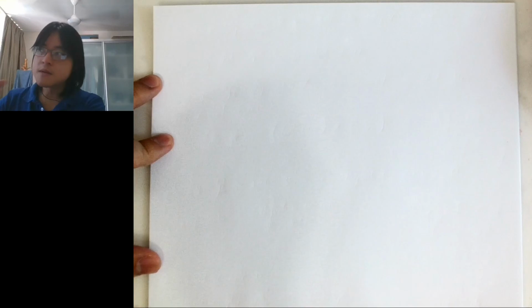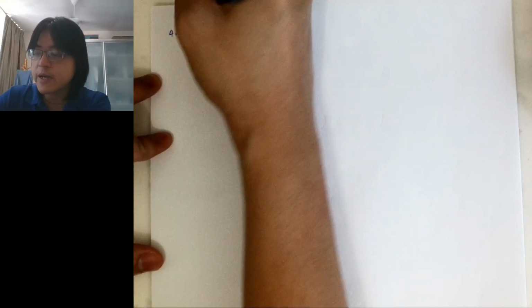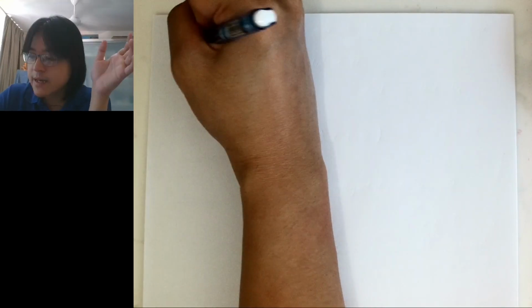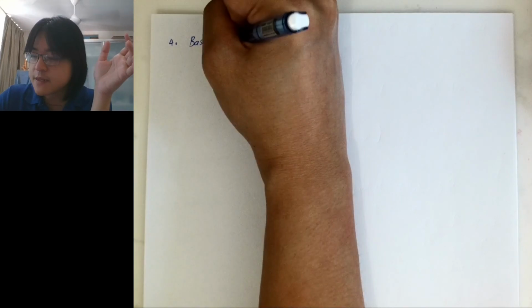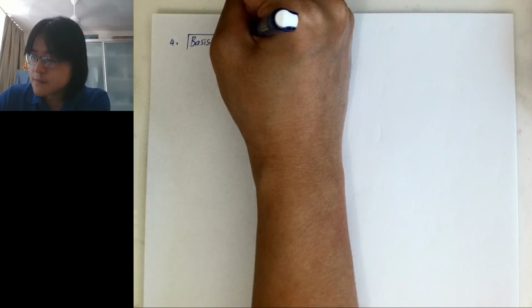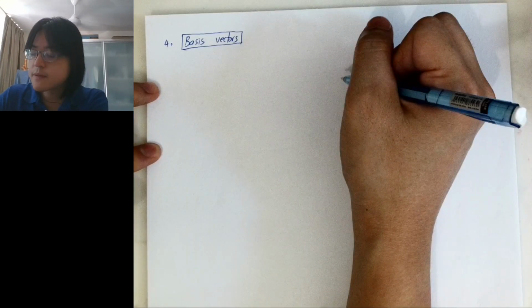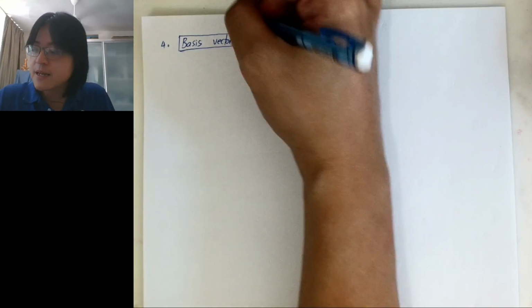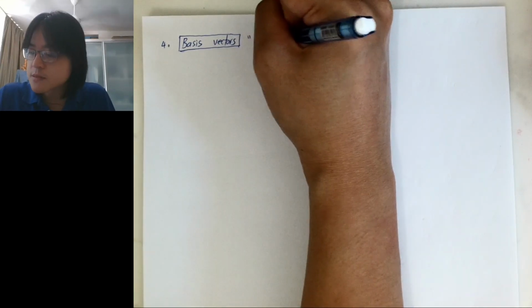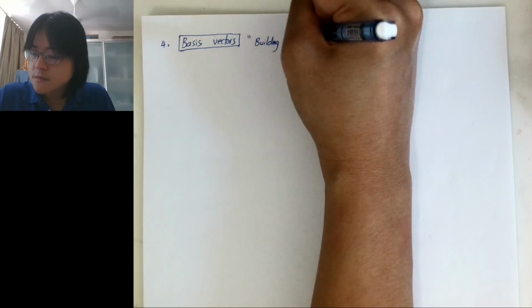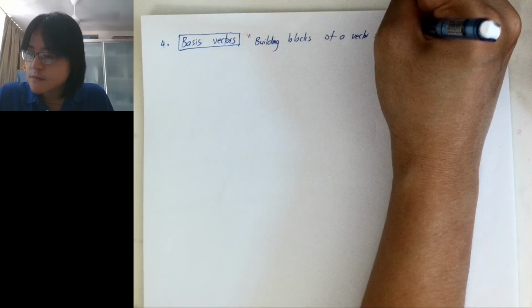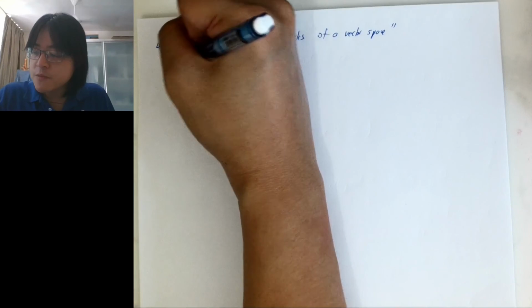Okay, so what else is important when we talk about vector spaces? In vector spaces, usually you can define a basis. This basis is not unique, but at least finding one is good enough. Basis vectors are like your i, j, k unit vectors, and in a more general sense, I try to imagine these as the building blocks of a vector space. And usually we want them to be orthonormal.